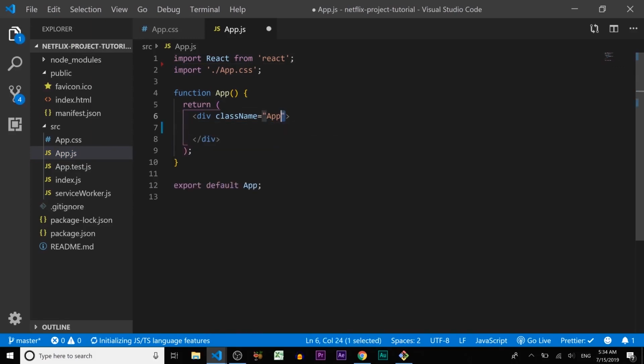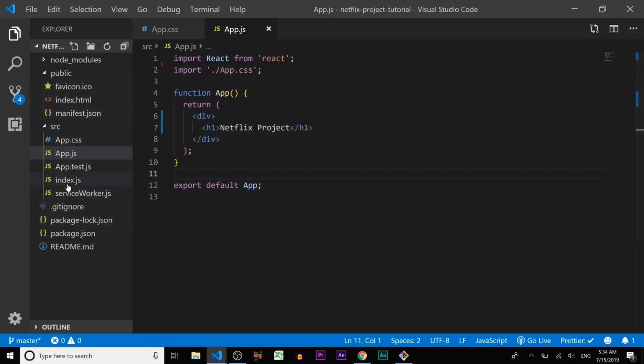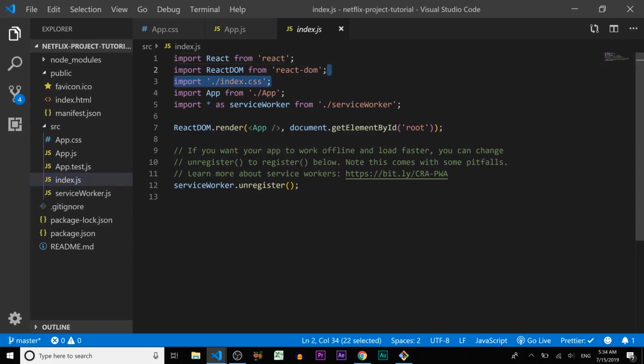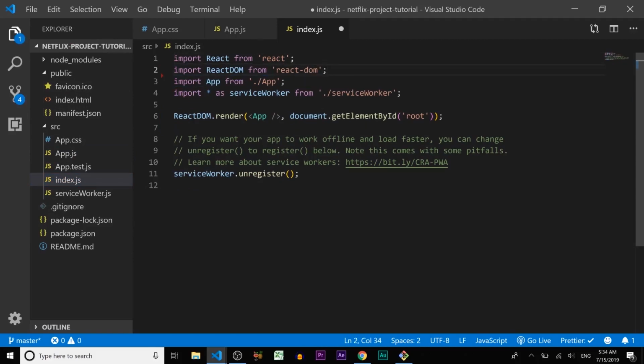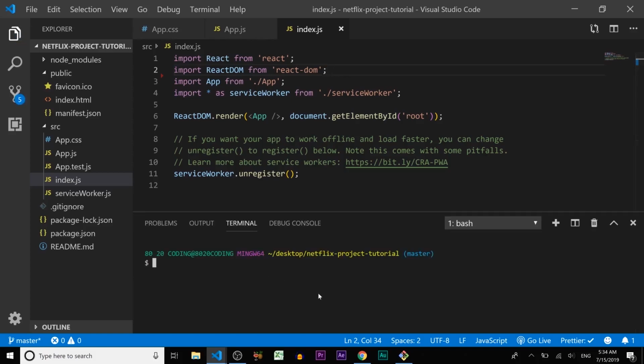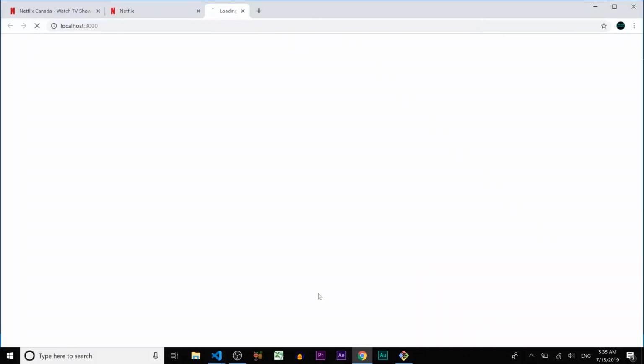Let's delete this code. Let's do project. We're gonna check if everything works correctly in the index. We're gonna delete the unneeded code in index.js. Okay, looks good. Let's start the server. Okay, everything is working good. Let's go back